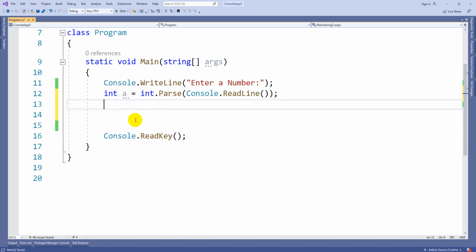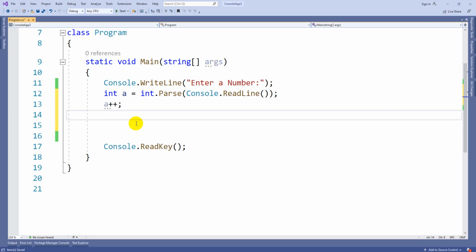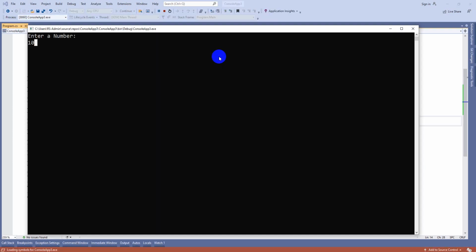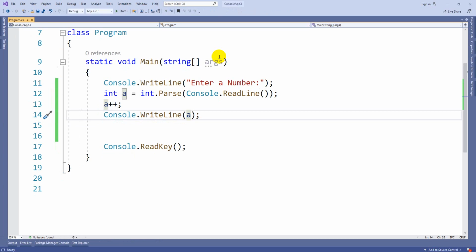So now you got the value. Just increment it by using plus plus, and let's print it again on the screen. If I hit the F5 key and execute it again, and enter 10, it converts into 11. That means the value was converted into integer format properly.